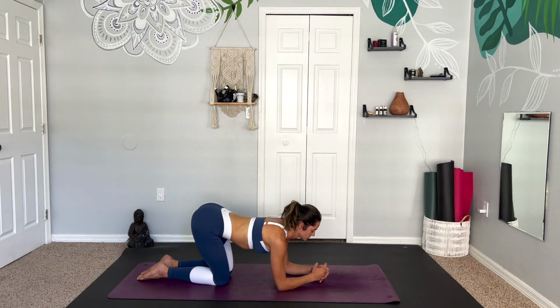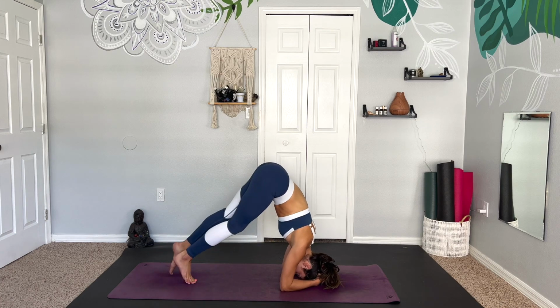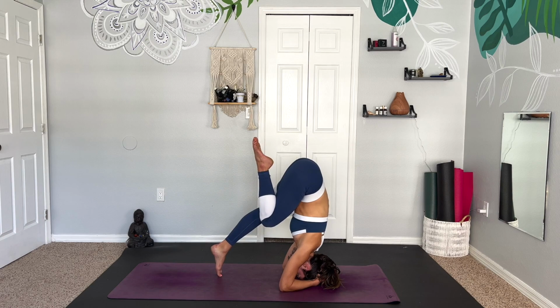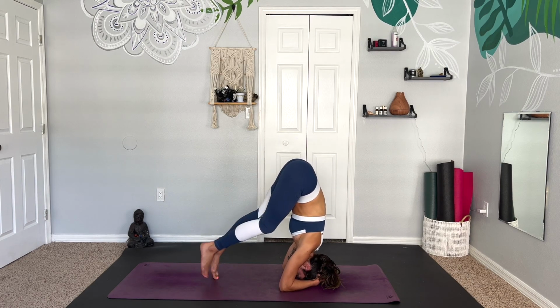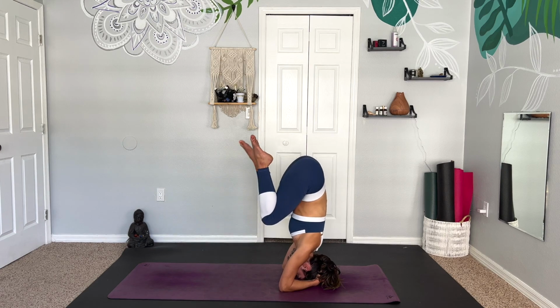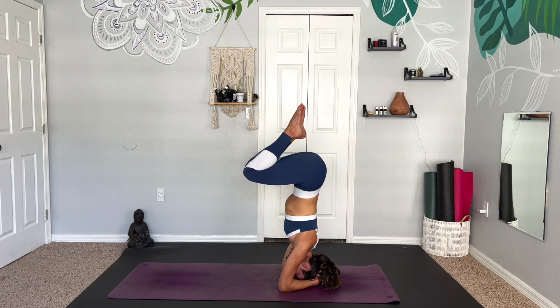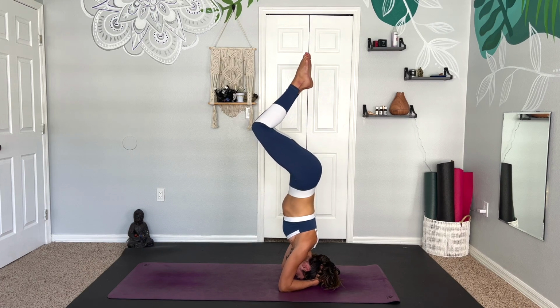Interlacing the fingers, grounding down through the forearms, placing the crown of the head between the hands. Walking the feet up towards the chest so we can stack the hips over the shoulders. Maybe we practice tucking one leg and then the other, or making small hops. Maybe we stay in a little tuck, or if we already have our headstand down, we can practice playing with some shapes,